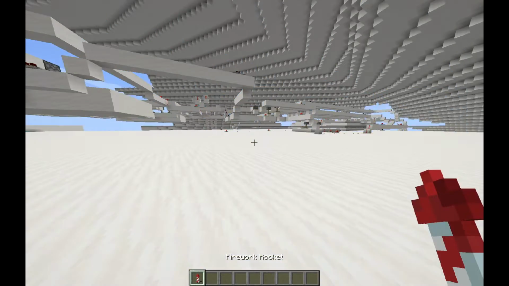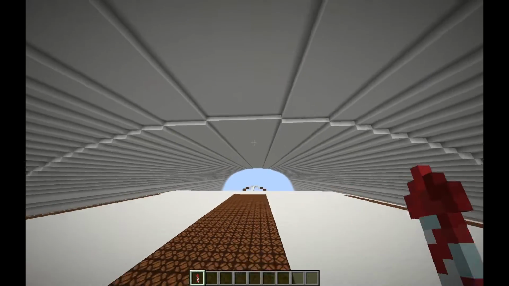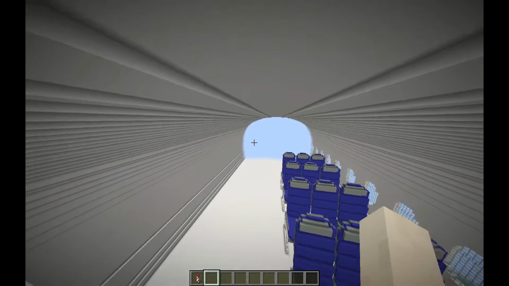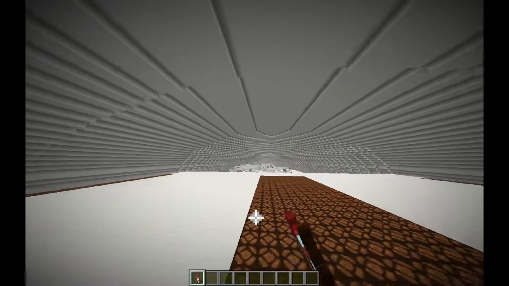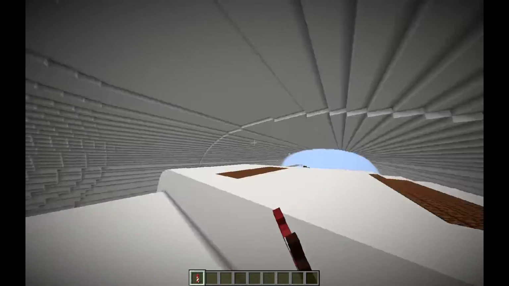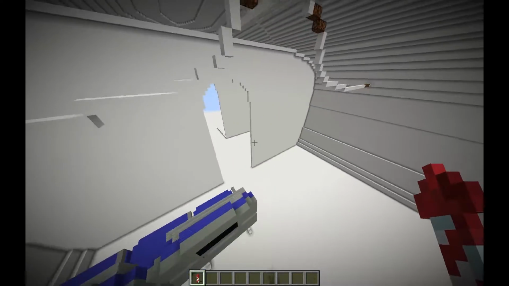And the third one, and this is one where I uploaded part 1 of this. So this is a time-lapse of me making a massive airplane with a lot of redstone in it. And like this is the cockpit, it's really massive. And you can see all the seats here.